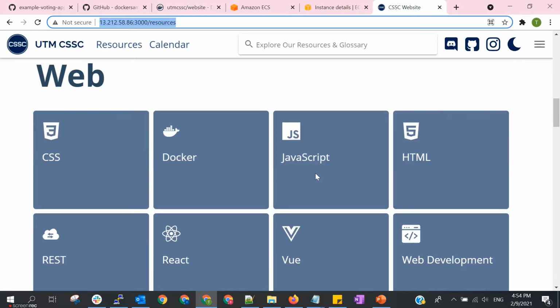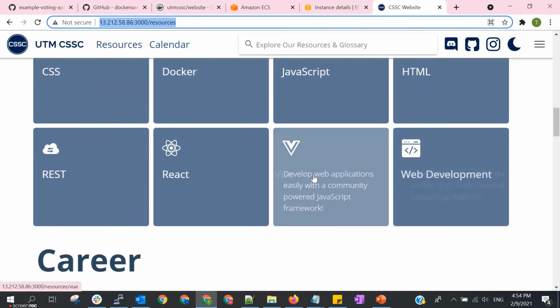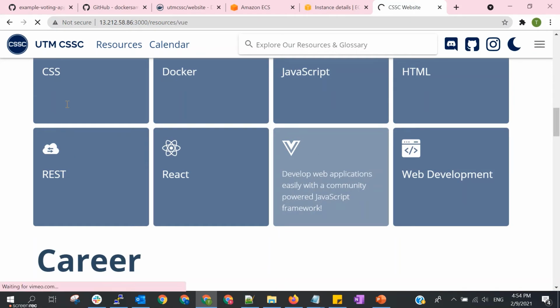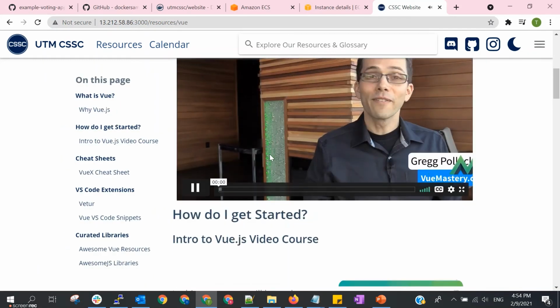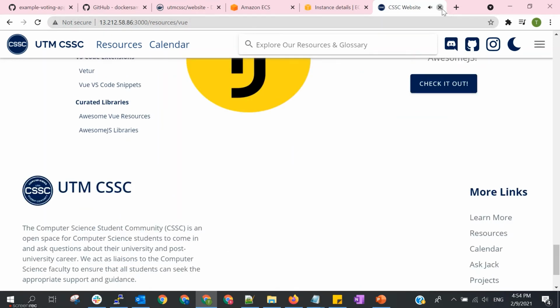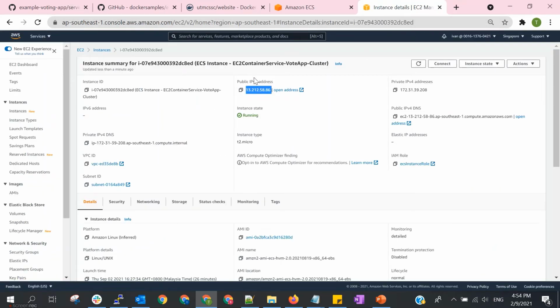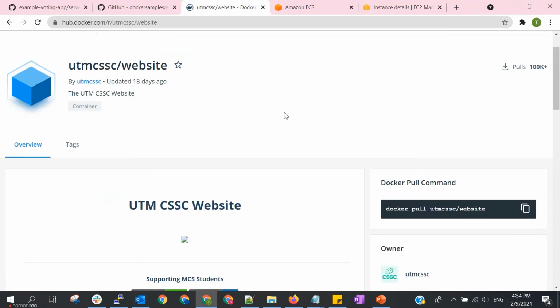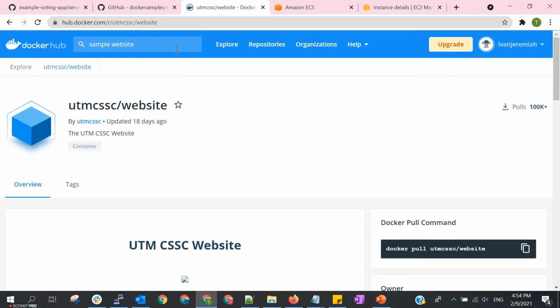There are also some training, like if you want to learn CSS, Vue. Over the last 10 years, web pages have become much more dynamic and powerful thanks to JavaScript. So yeah, you can play around and find any images from this Docker Hub and you can run